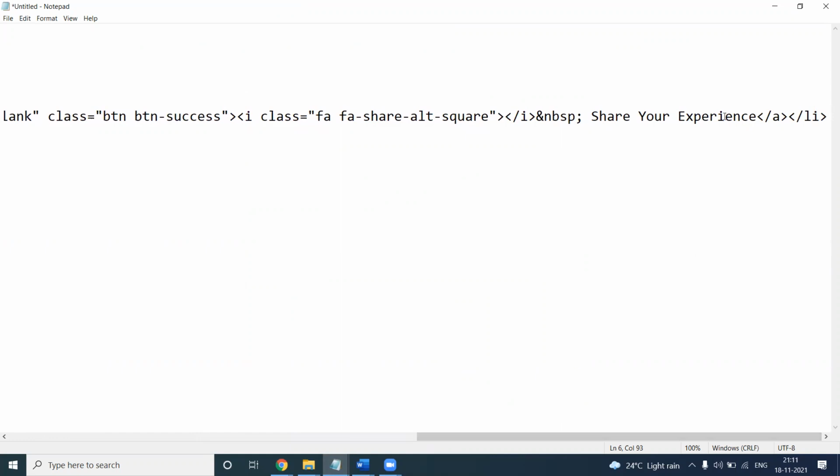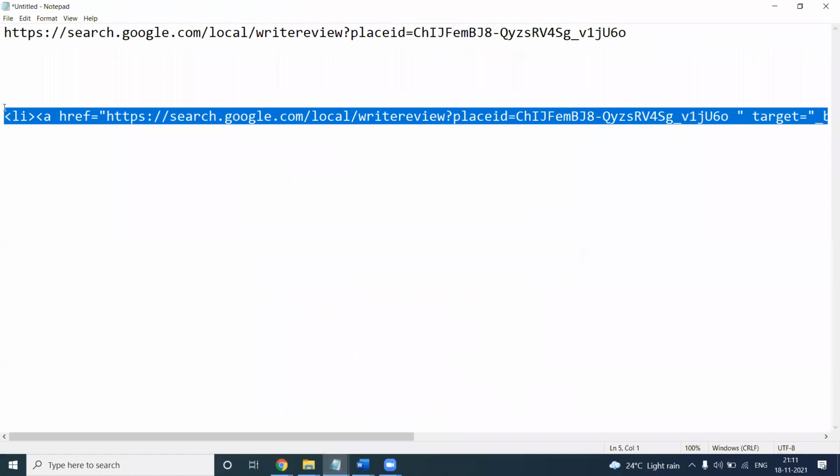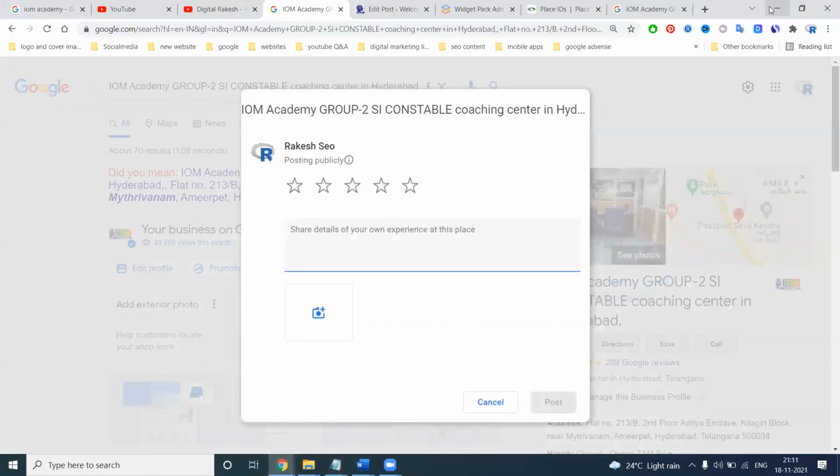I'll show that this code goes directly into the PHP website. When you click the write a review option, they come to that particular option. This code the developer will update on your website, and you can easily show the particular buttons.